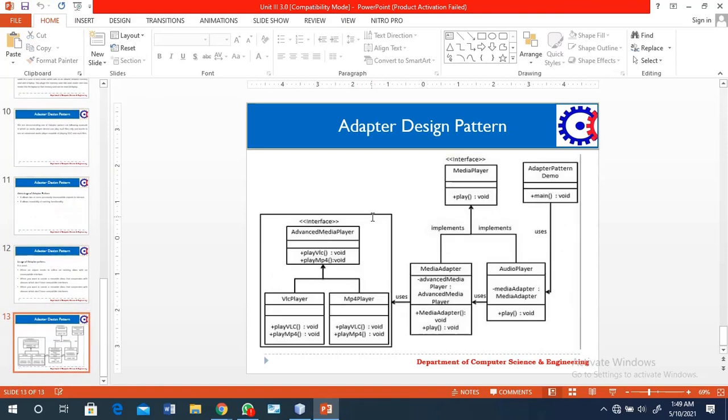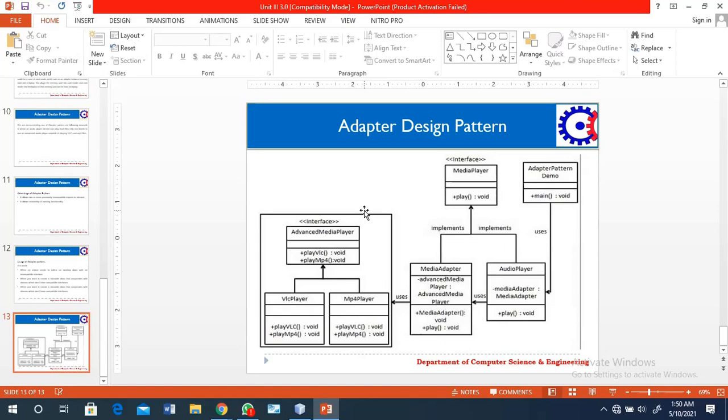In that scenario we can use the adapter design pattern. So you can see here we take one example for implementation. There are two different types of interface. One is a media player and another one is an advanced media player. The media player can play MP3 files only, and the advanced media player can play VLC as well as MP4 files.